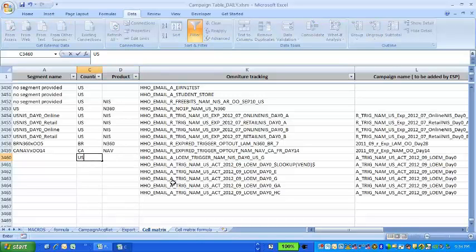So this setup, US, I'll just do that for that one as well. And that's for product. So this is probably the most detail intensive in terms of it needs to be accurate, and everything will spin, any kind of reporting will spin off of this, because the cell matrix, again, is the key to linking the segment reporting and the email metrics to the actual